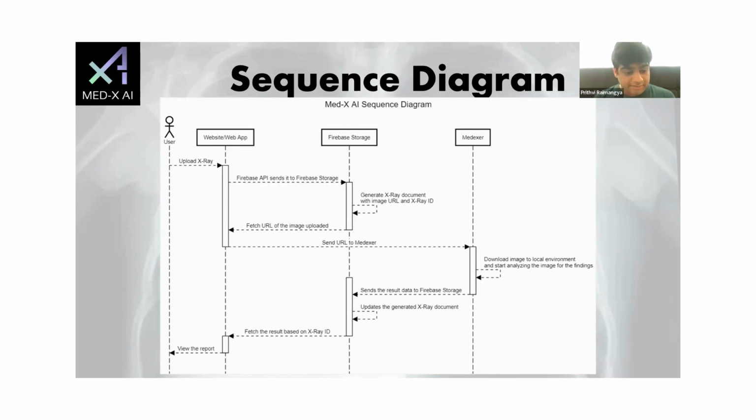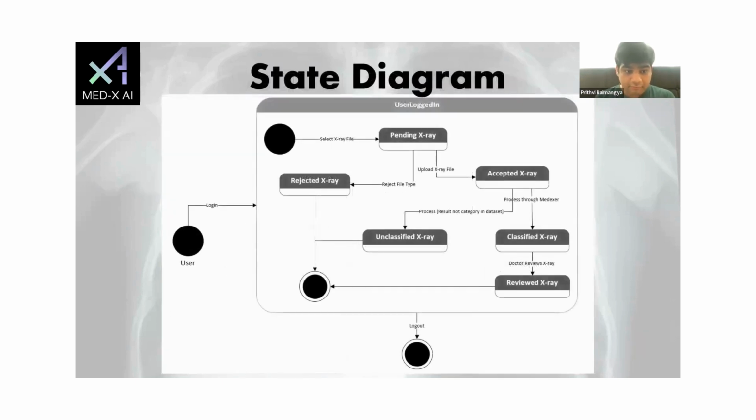After understanding this, let's see how the state of the app is working. The next diagram would be the state diagram. So these actions can be done after the user is logged in. So first, the image will be uploaded, and the state of the image would be pending. Next, the program will decide whether the image is correct or not, and that will be either the state has